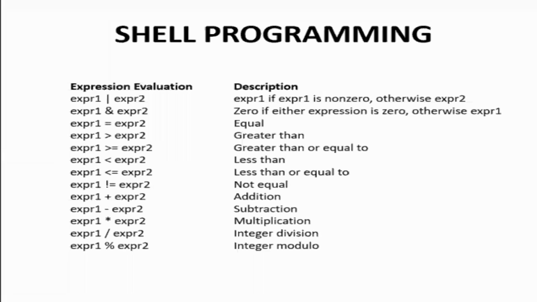In the third one, expression 1 equals expression 2. It is an equals operator. That means it is comparing expression 1 and expression 2. If they are equal, then it will return true. Otherwise, it will not return true. Similarly, we have greater than or equals to, less than or equals to, not equals to,